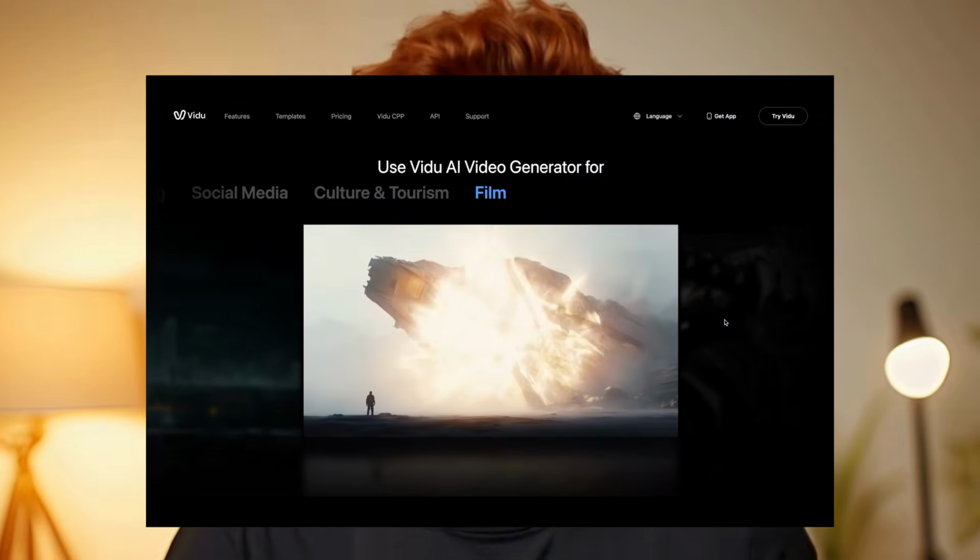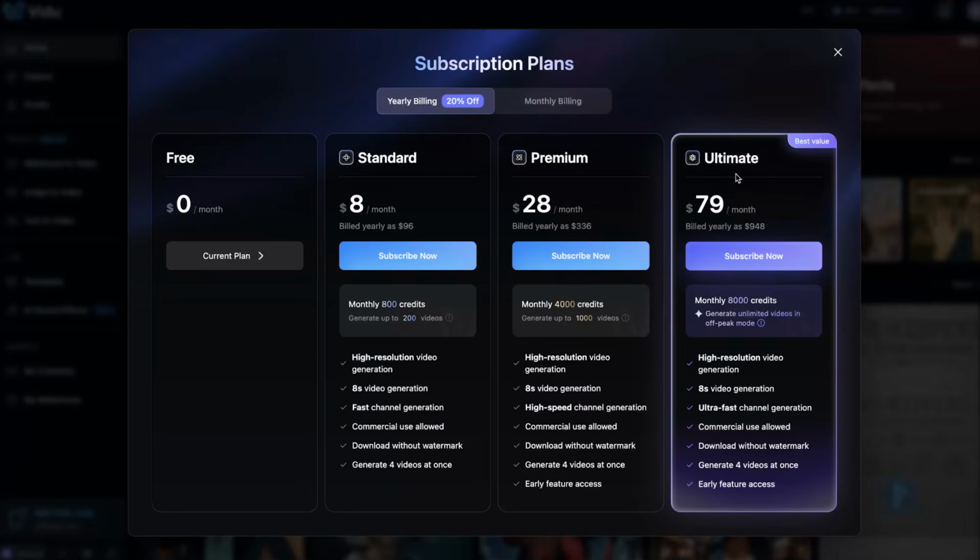All right, so these were just a few of the amazing features you can explore inside Vidu AI. Of course, there are many more tools here you can experiment with, and they can really help you boost your content on social media. Now, if we talk about the pricing, Vidu AI offers a total of 4 plans: free,